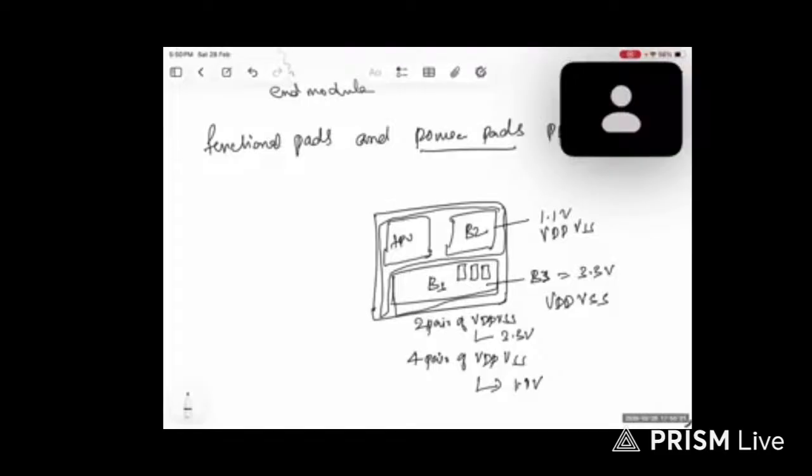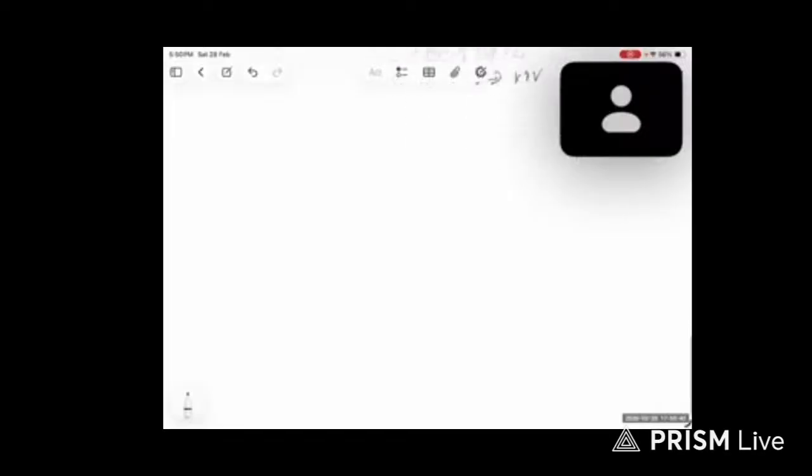Someone else is having a doubt, Ramya. Sorry, sir. What do you mean by 2 pair, 4 pair? One VDD and VSS together is called one pair. Now for the simplicity of understanding, let's consider you have only one power domain. And your chip is going to say is going